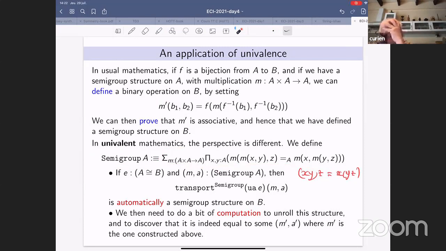Then if I have a proof E that A is equivalent to B, which is the type theoretic version of saying that there is a bijection between A and B, so essentially I have inverse functions between A and B, and if I have a witness that A is a semigroup, then I apply transport relative to the type family semigroup,